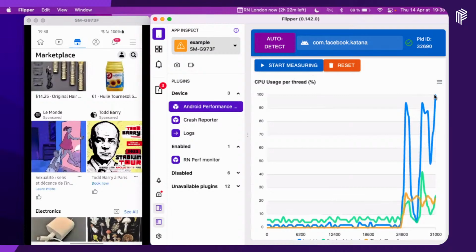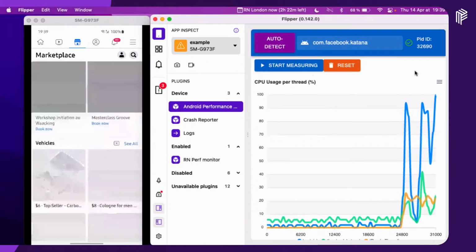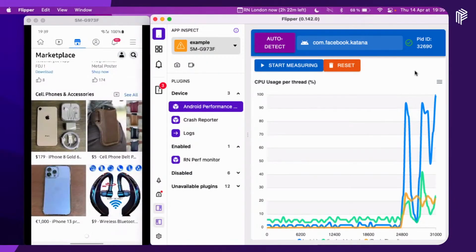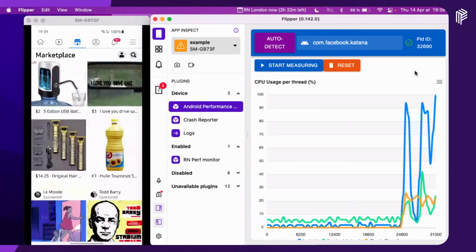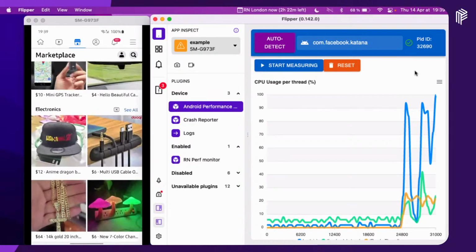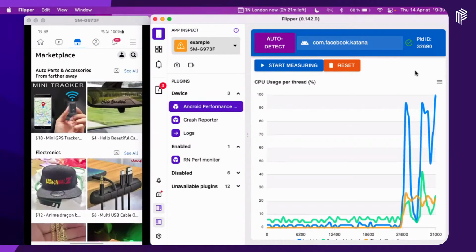You can clearly see here on the graph that it's going to 100 for the mqt_js, so it's really not good. And by the way, this is definitely a flat list because when I do this, you can see some white. Since all the virtualization happens on the JS side, the JS side is dead. It doesn't know what to display anymore, and the scrolling continues, but the JS side cannot keep up to say, hey, you should display this.